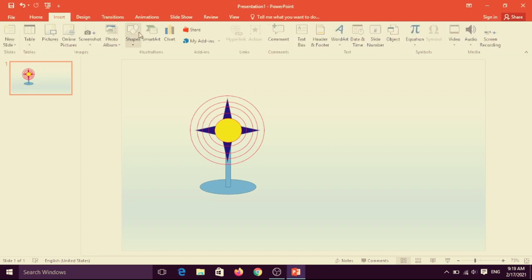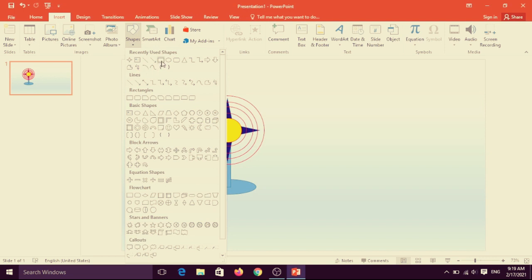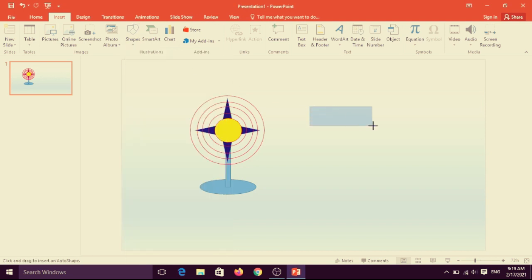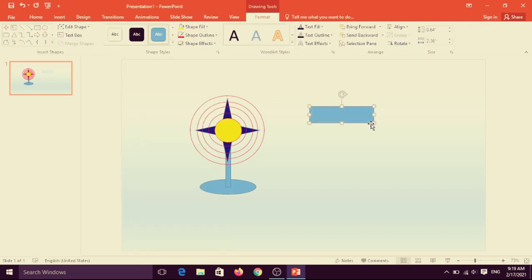Once again, insert, choose it and insert the button. And it is normal. This for high and this for first. So first you have to choose the text.